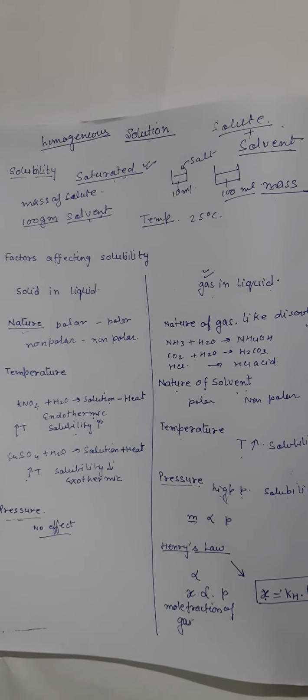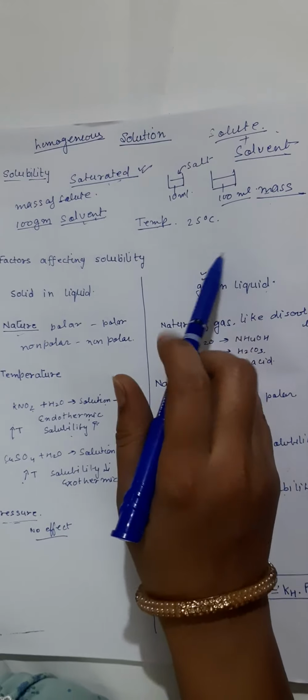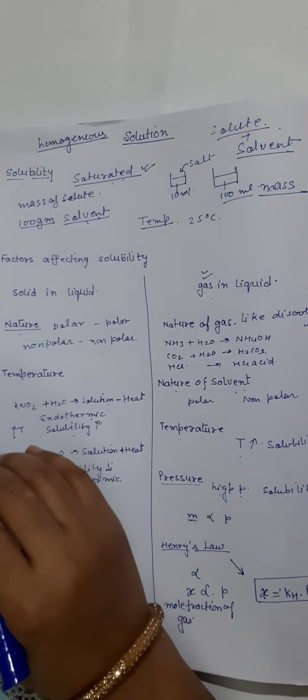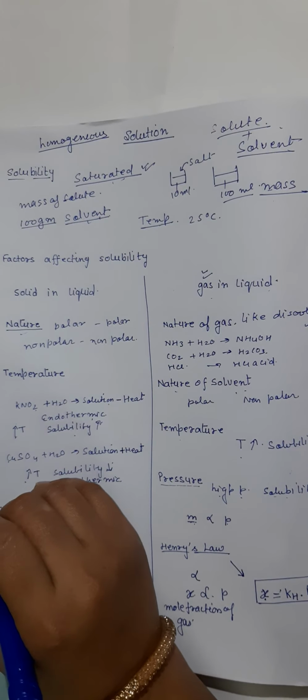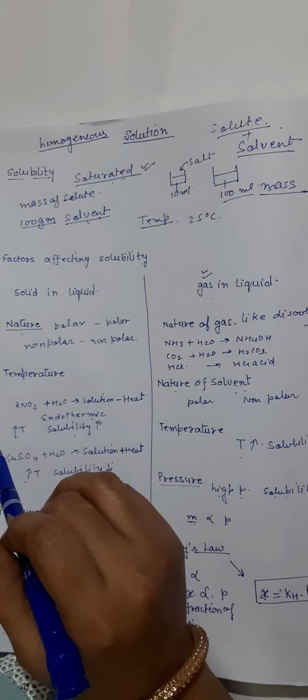So for studying physical properties, we first need to categorize the solution. What is the category of solvent and solute, and how much amount of solute or solvent has been dissolved in the given amount. So first we need to study what is the meaning of solubility. As you all know, a solution is a mixture of two components, solute and solvent, and the mixture has to be homogeneous, then only it is called a solution. Whatever is larger in amount is called solvent, and smaller in amount is called solute.